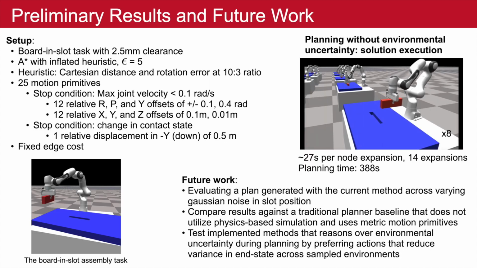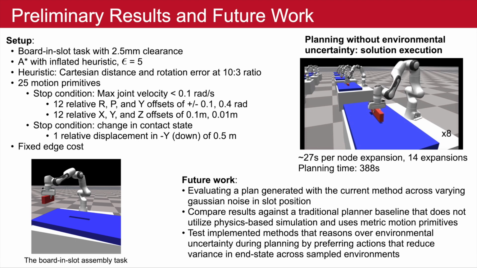Evaluating the proposed method's performance with environmental uncertainty is a work in progress, but we have demonstrated the ability of our method to solve a board and slot assembly task without environmental uncertainty, as can be seen in the video on the right. The planning and motion primitive details can be seen on the left, as well as an image depicting the board and slot assembly task, which consists of inserting a board, shown in red, into the slot, shown